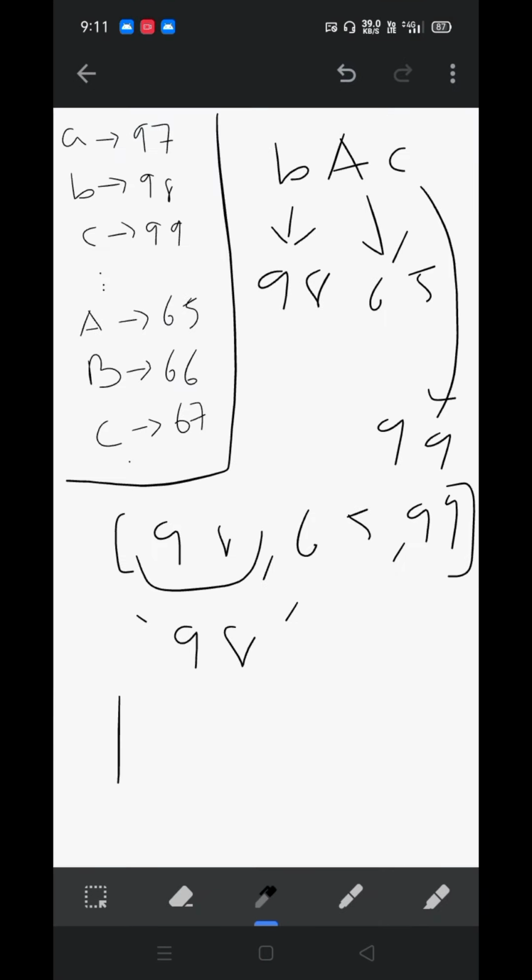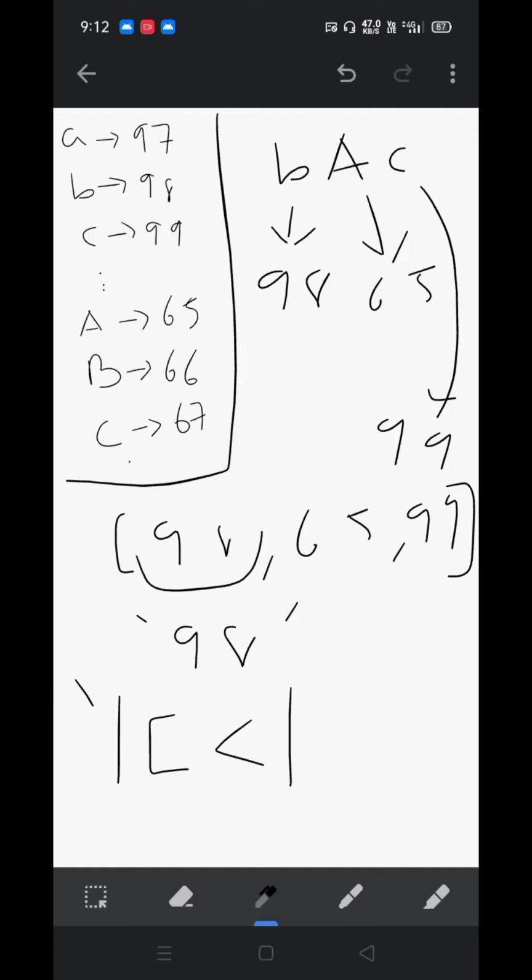First we will take a line. For 9 it is bracket, for 8 it is less than symbol, and again a slash. These lines are to separate each letter.